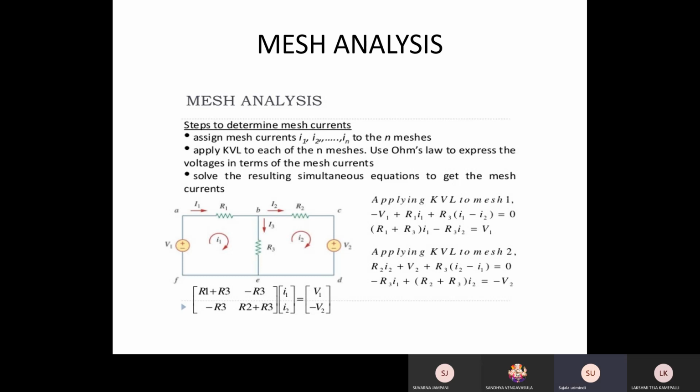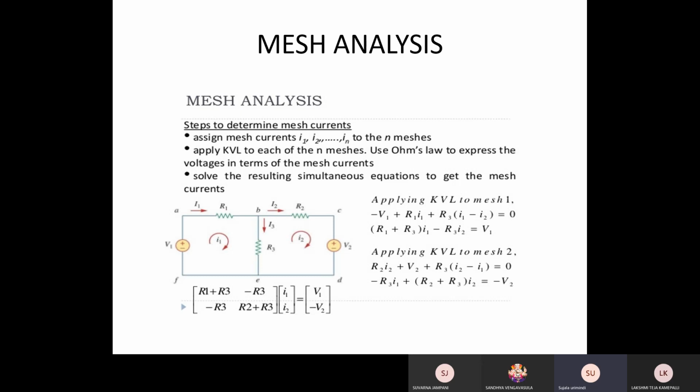So we put it as I1 minus I2. I1 minus I2. So we observe R3. When you write down the first loop, we prefer the first loop current as the main. When you write down the second loop, you prefer the second loop current. Whatever the R3 must be there, R3 into I1 minus I2 when you write the first loop, and when you write down the second loop current, I2 minus I1.